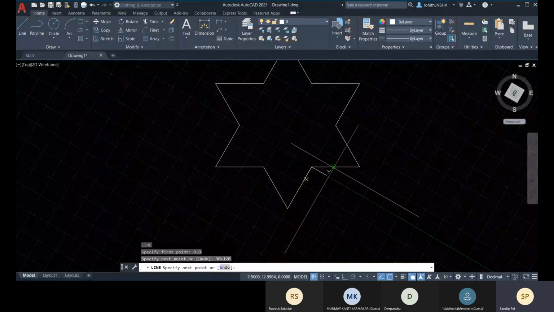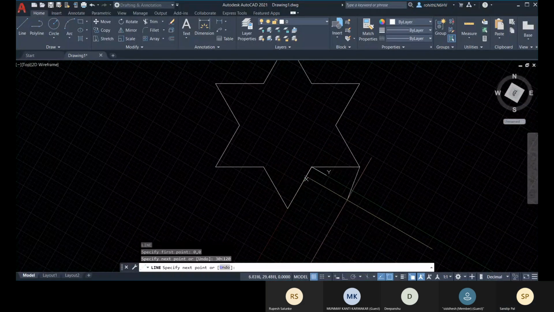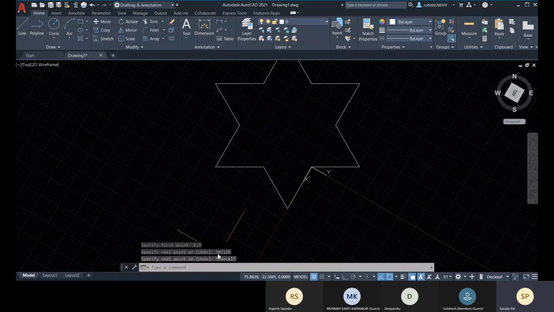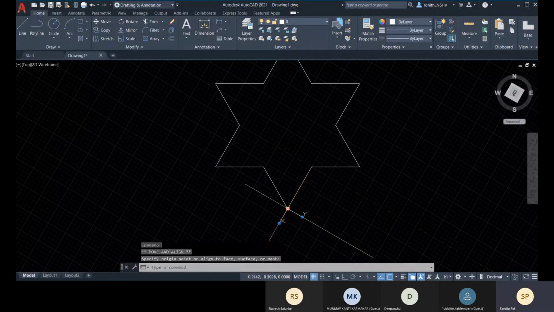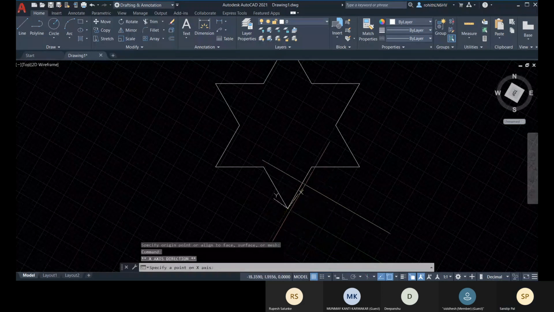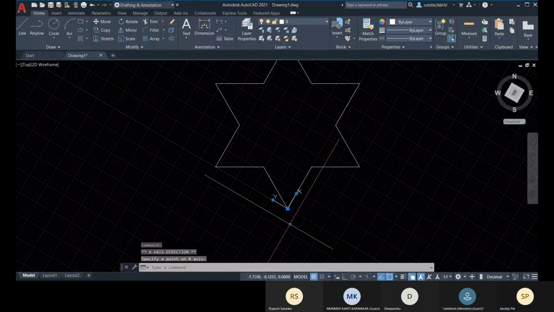As per your UCS right now, this is 120 degree. So you see that I have placed the absolute polar 30 less than 120. So this way also you can achieve it. Place the origin and then you can align the UCS.